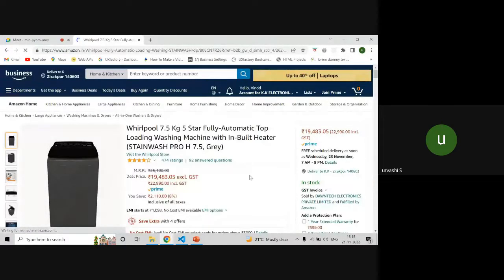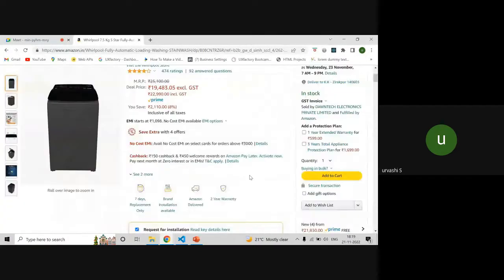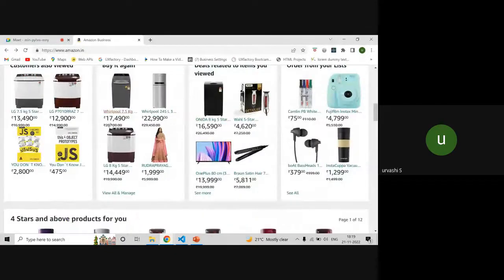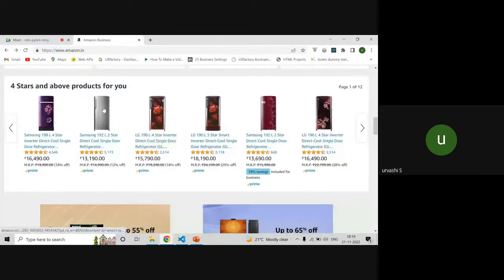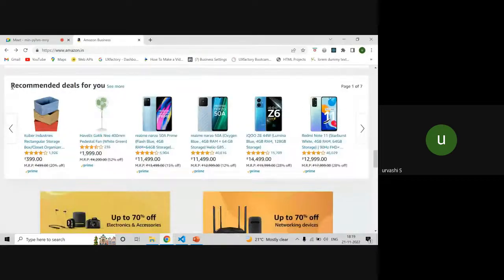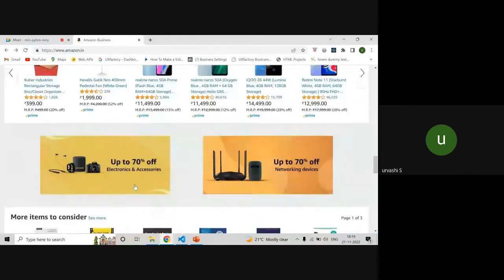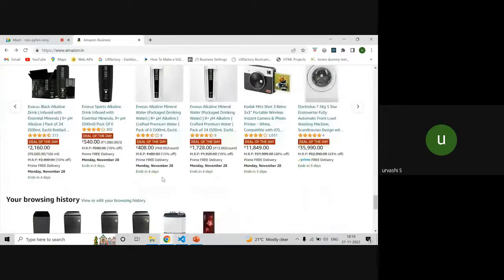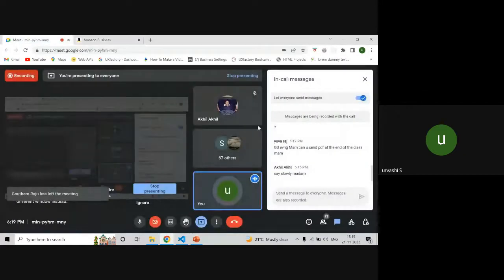Interactive means, let's say I'm saying something, you are listening to me, and if you say something, I can reply to it. That is what interactivity is. I'm able to do all this content part here because of HTML. These images, this content, this heading, these two cards, all of this is possible because of HTML. The text, headings, images, videos, and audio all come from HTML in a website. Is it clear? Any questions, anyone so far?